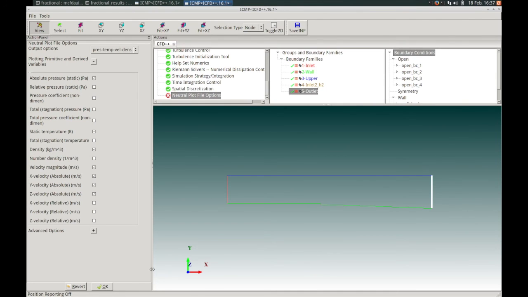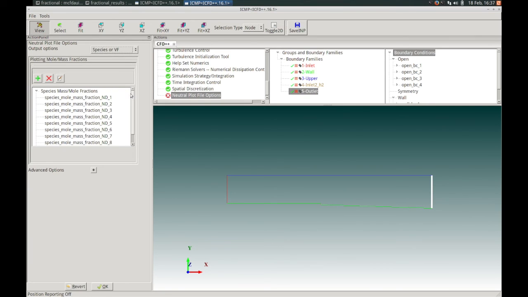Next, we will see the neutral plot file options panel. We will want to be sure to choose to write out the species mass fraction for each of the species that are included in our simulation. We can select the species or volume fraction output option from the pull-down menu. Individually, we'll turn on the mass fraction reporting for each of our species.